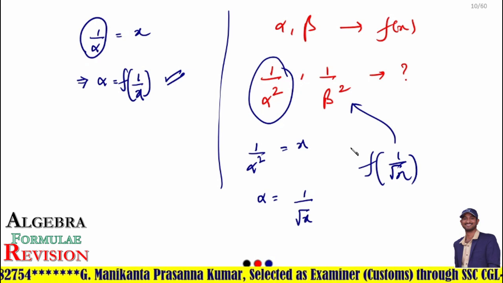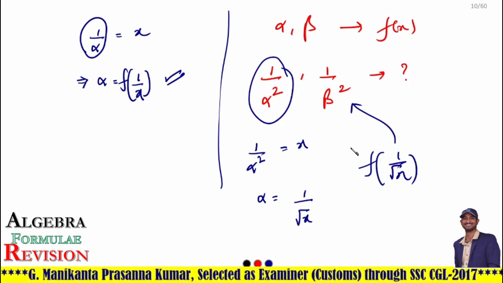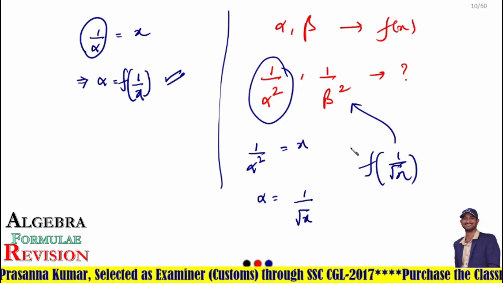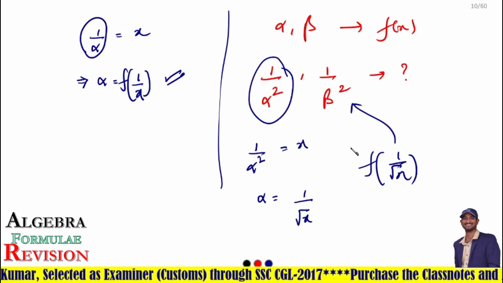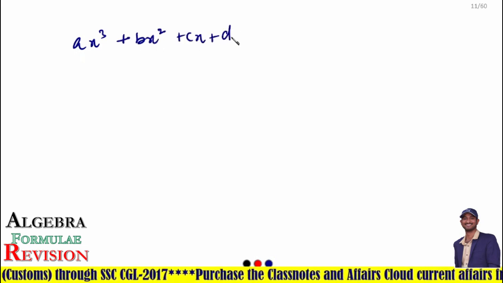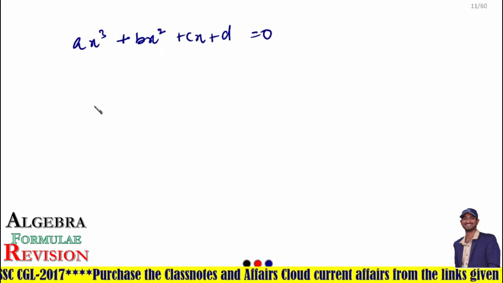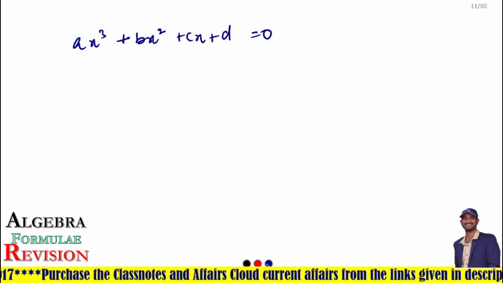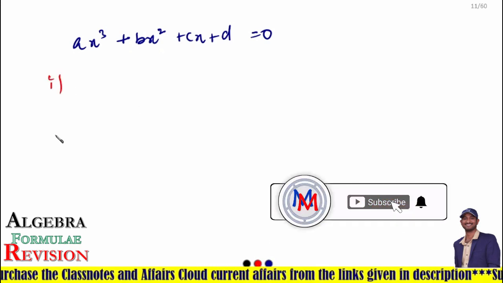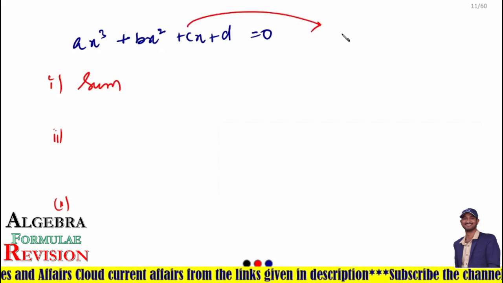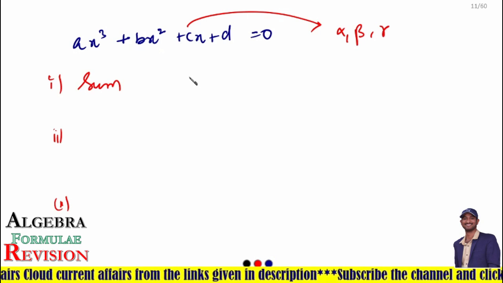In quadratic equations. And the next one is cubic polynomial. In some sheets you may get a question on cubic polynomials. Suppose there is a cubic polynomial ax cube plus bx square plus cx plus d is equal to 0, a polynomial equation whose degree is 3. It is the general format. Here you have to remember 3 formulas. One is the sum of the roots. Since its degree is 3, definitely we have 3 roots: alpha, beta, gamma.